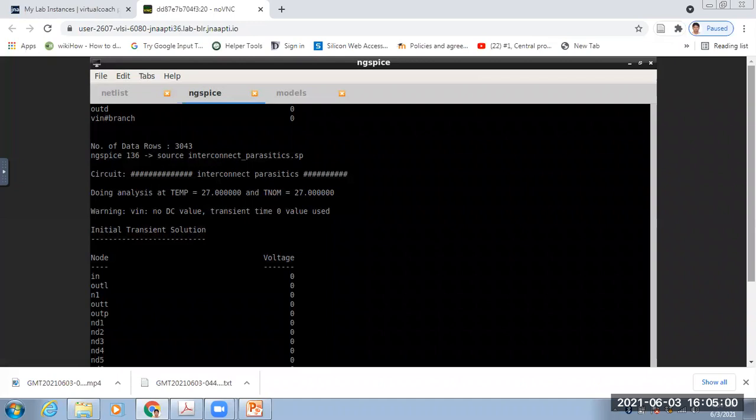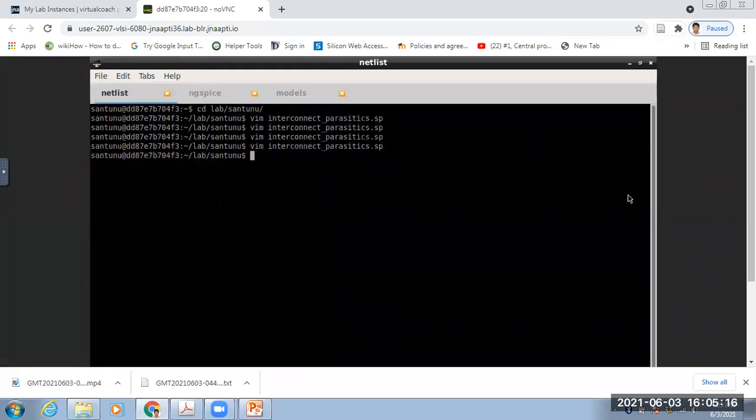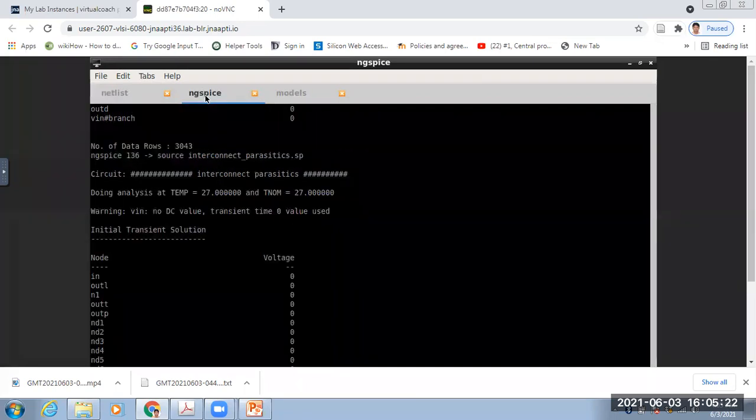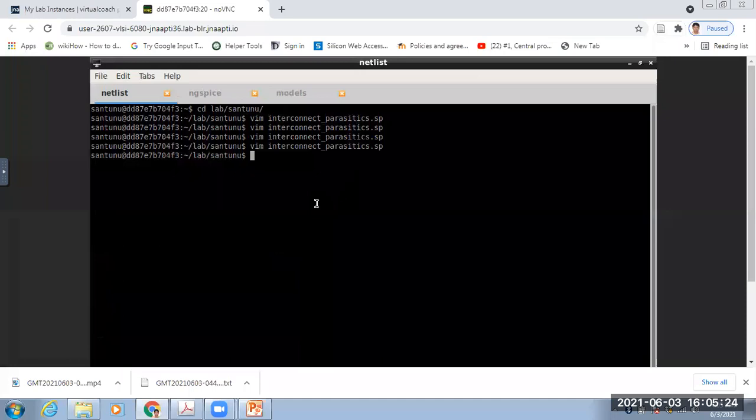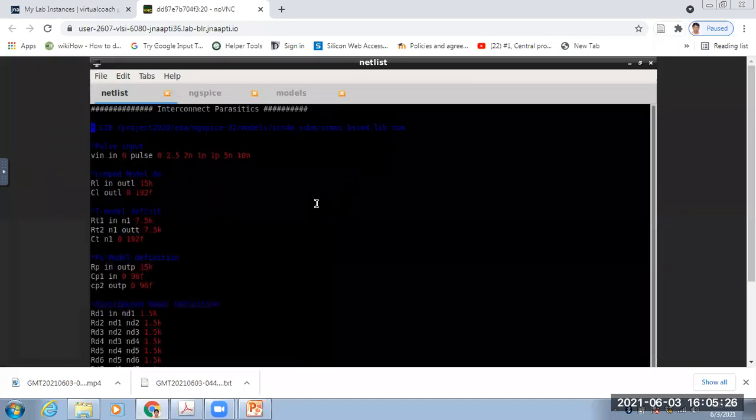Sir, I didn't give any model name, but the error is coming and I can't get the graph. Please check, because I have written the same code and it's working fine. The problem is it says cannot find model 15K. So please compare with mine again, and see where you have made the mistake.